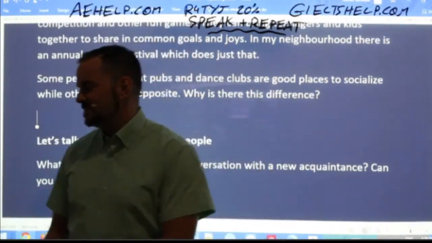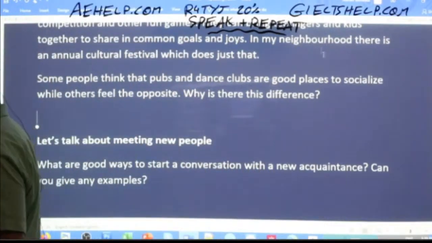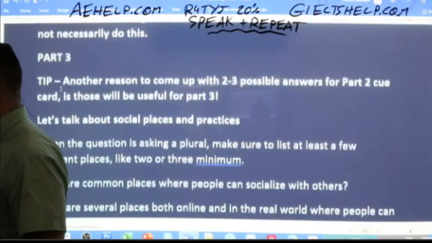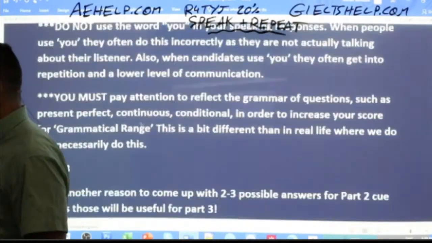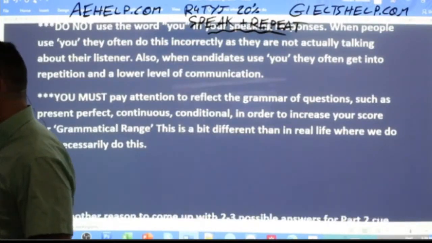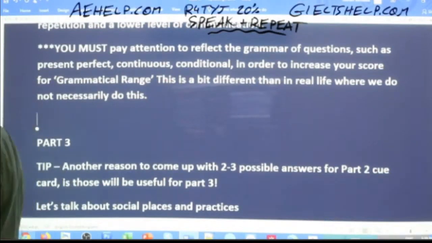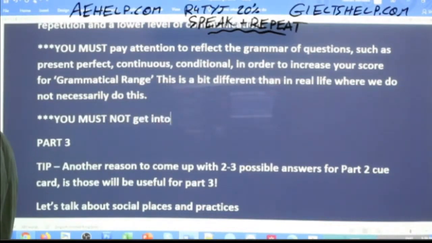Getting a lot of philosophical answers here, students, and it's a little bit tricky to figure out exactly what you're referring to. So here's another point to get more band marks and not lose marks, okay? So you must not get into personal